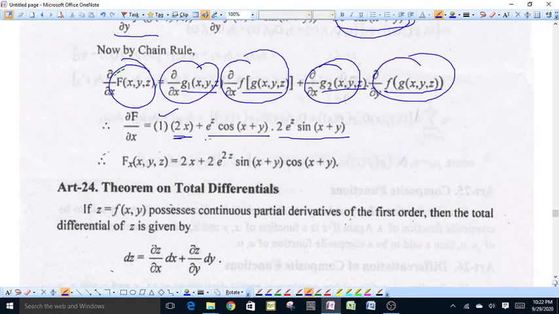Therefore, the partial derivative of the composite function capital F with respect to x is equal to 2x plus 2e^(2z) sin(x+y) cos(x+y). Now,